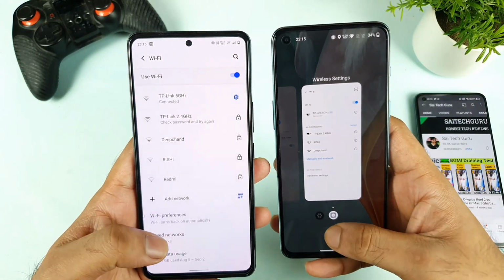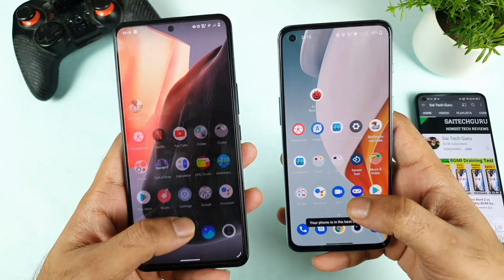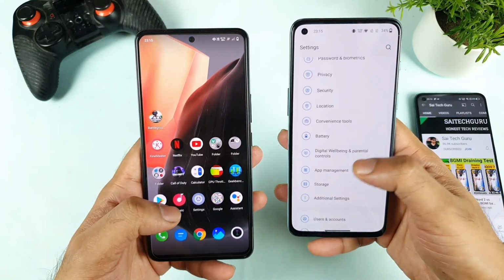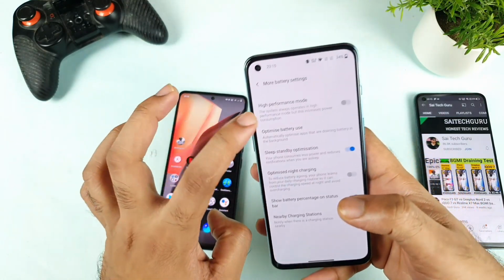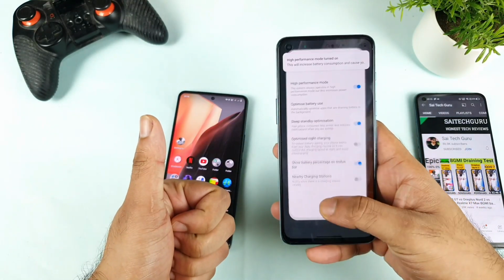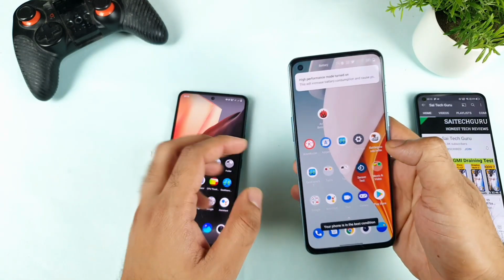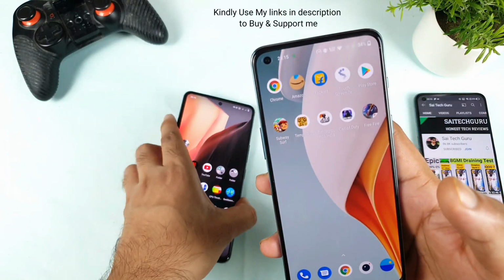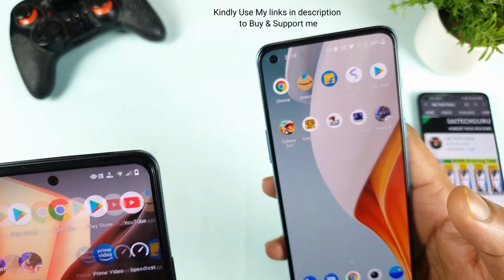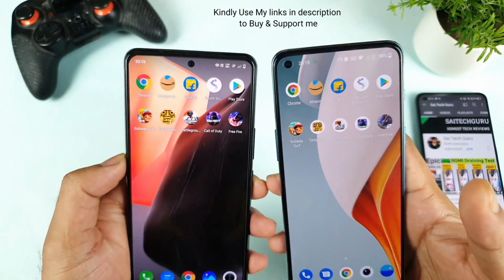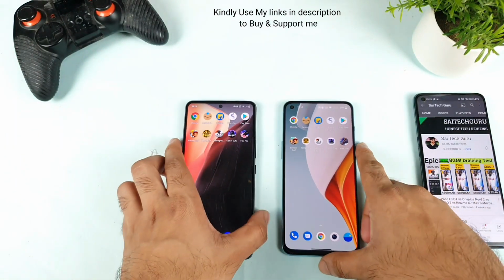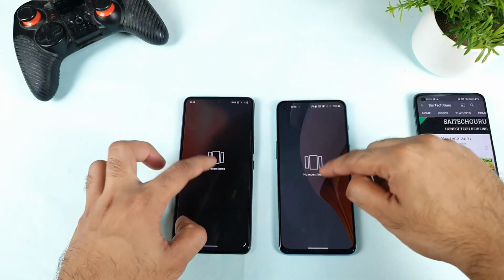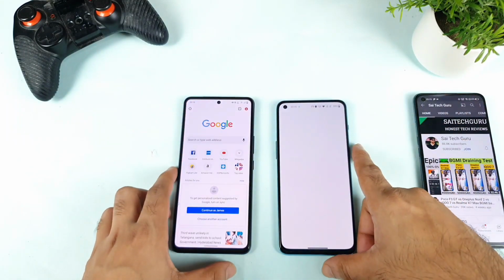Let me clear everything from the background. So all the apps are completely clean from the background, and in the OnePlus Nord 2 I need to use the high performance mode. Let me enable that. Going into the battery option, yes, high performance mode is enabled successfully. And let me open those 10 apps, I mean 5 applications and 5 games. This is going to be really intense testing, friends, and let's see how many games and applications will stay in the background RAM between both of these devices. And the final thing I'm trying to show you, no apps are running in the background. Let's get started, friends, without wasting any time.